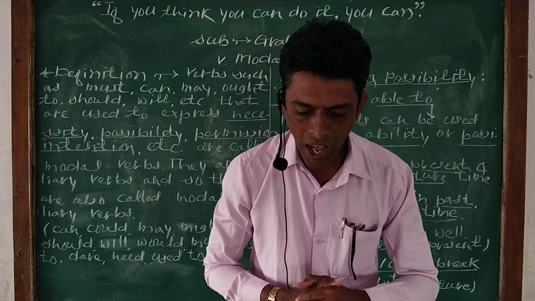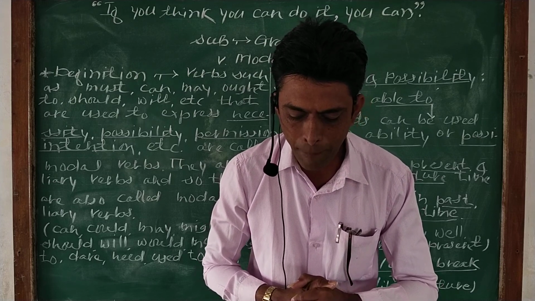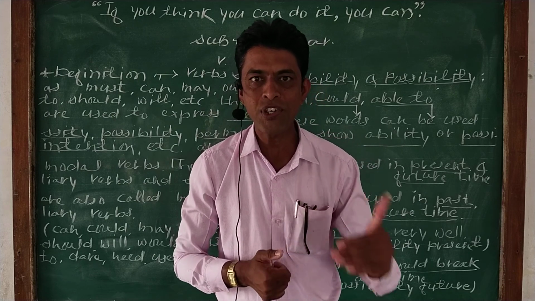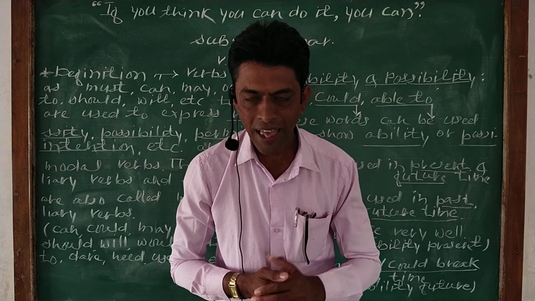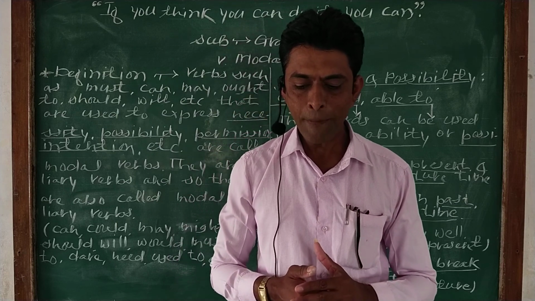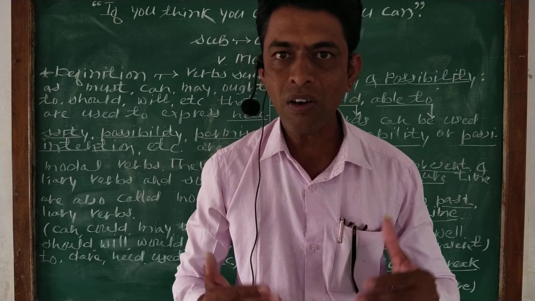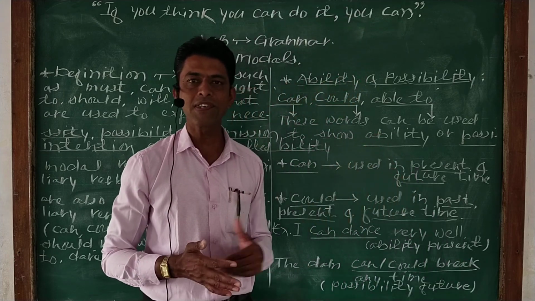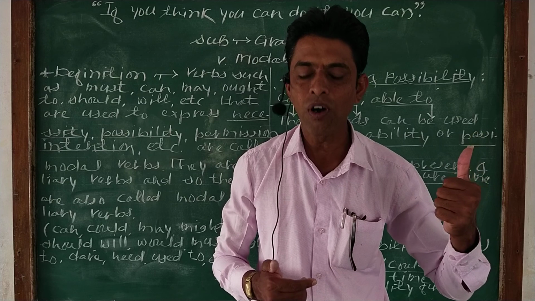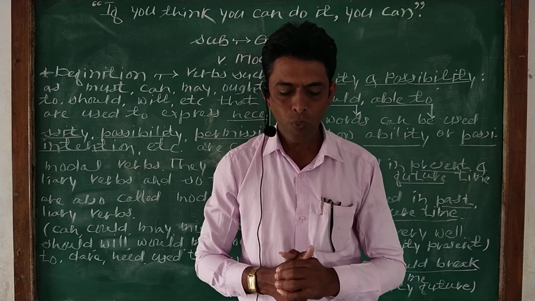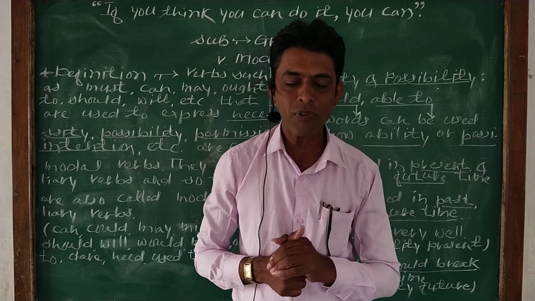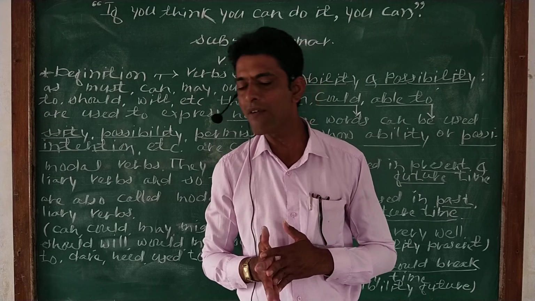Second example, I am sure she will be able to complete the work tomorrow. Again, here, will be able to is in future tense, and the first example is given in present tense. Will be able to complete shows ability or possibility, which we are discussing in chapter 5, that is all about modal verbs or auxiliary verbs. Again, here you have exercise A. Just now I have told you to complete it on your own. Try to attempt all those sentences. If not, ask me. I will definitely help you.